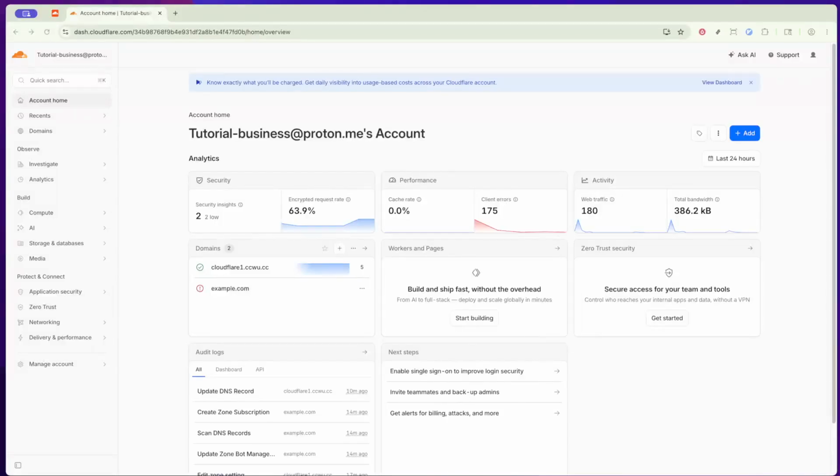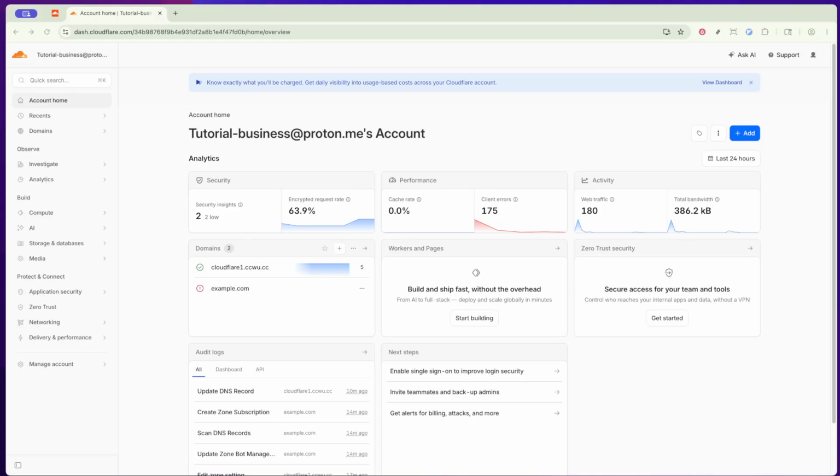In today's video, I'm going to teach you how to enable Cloudflare SSL. Whether you're a website owner aiming to enhance your site's security or simply someone exploring ways to encrypt your web traffic, enabling SSL through Cloudflare is a straightforward yet impactful step. SSL, or Secure Sockets Layer, ensures that the data transferred between your website and its visitors stays private and secure, which is critical in today's digital landscape. In this guide, I'll walk you through how to set this up in a clear and simple way, so let's